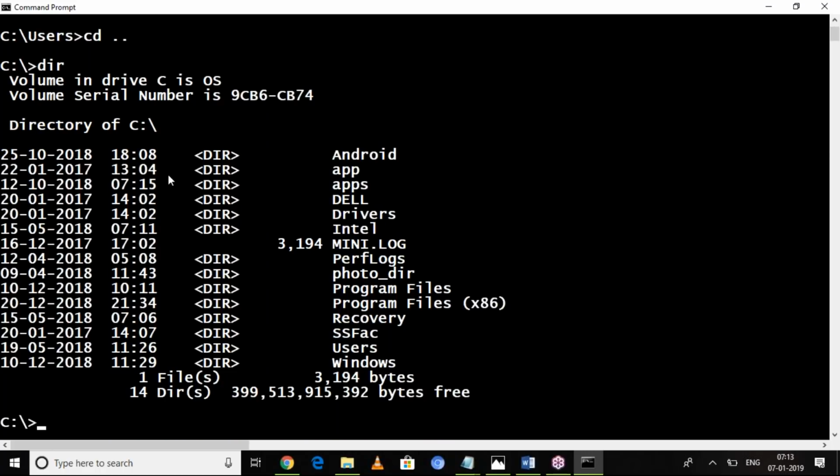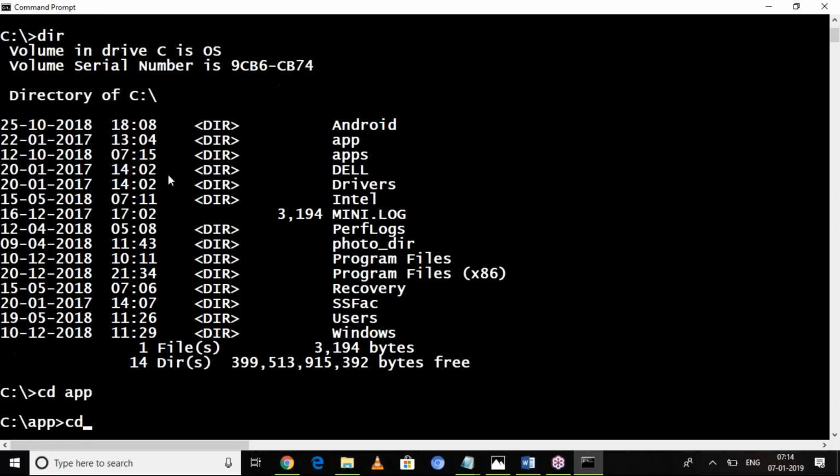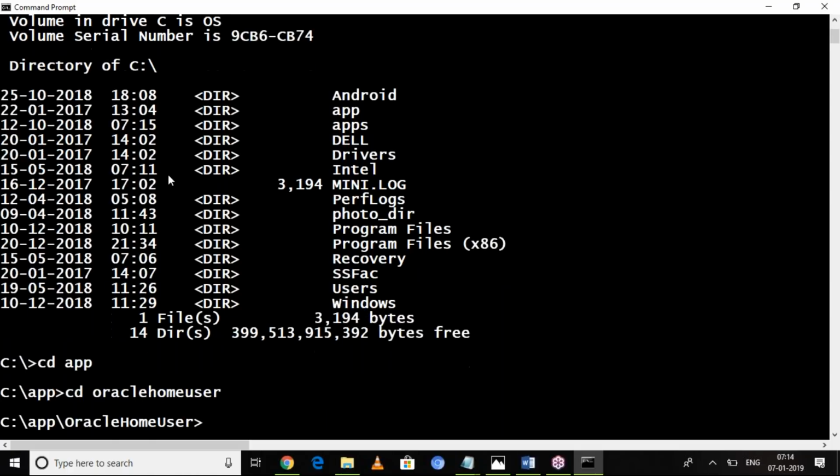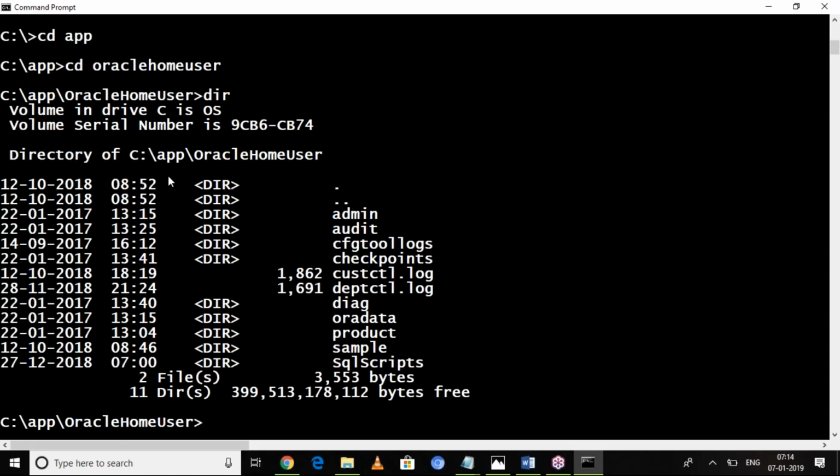Here I want to move into the Oracle folder. How can I move into the Oracle folder? See here, cd app. Again, cd Oracle home user. If you want to see the files under the directory, dir. Every task you can do by using commands. This is the environment of DOS.